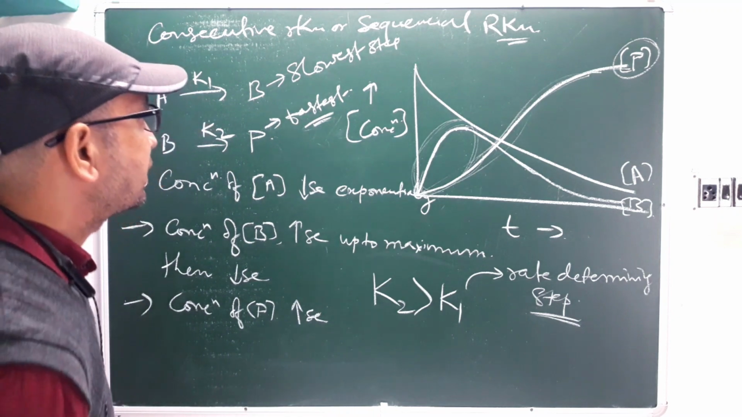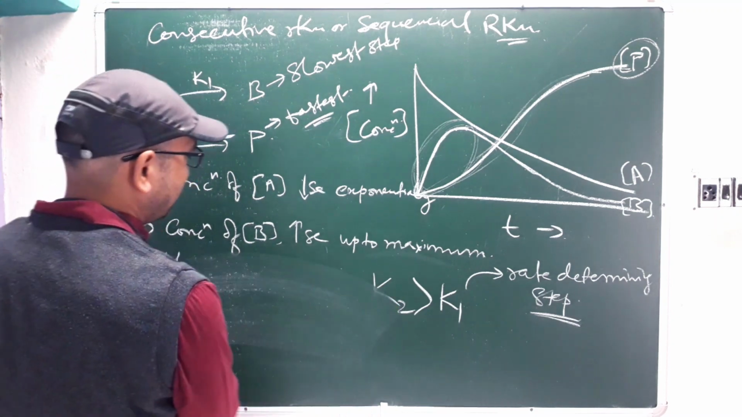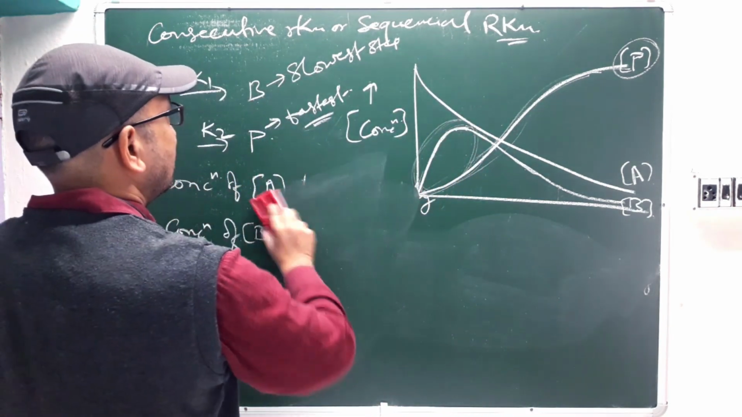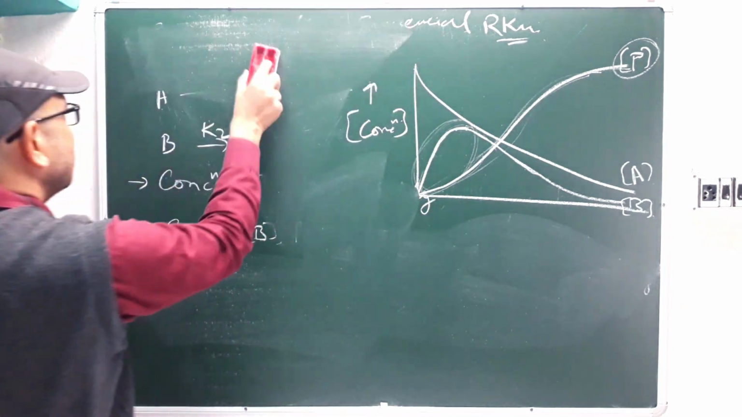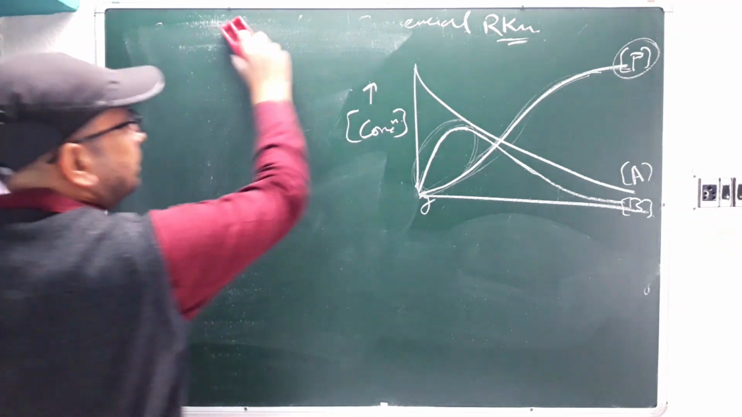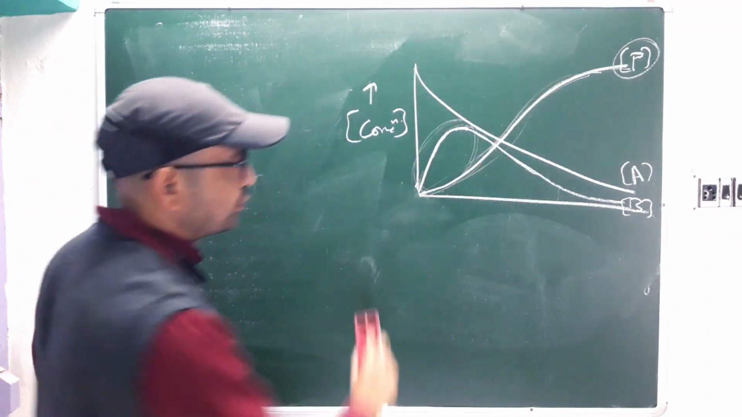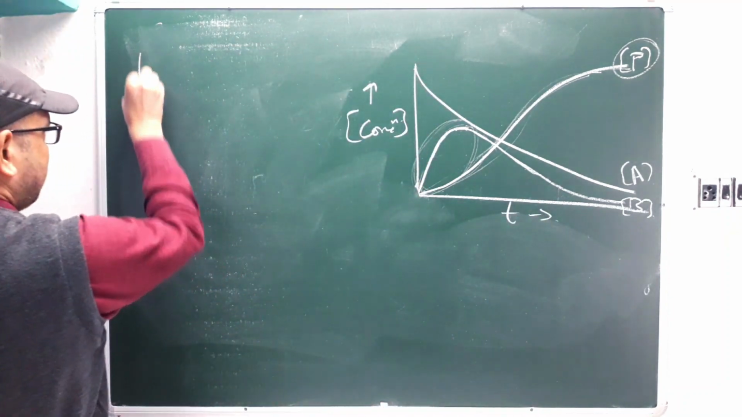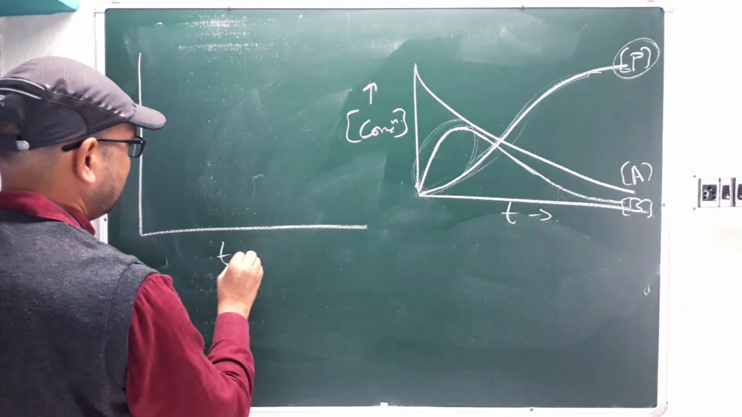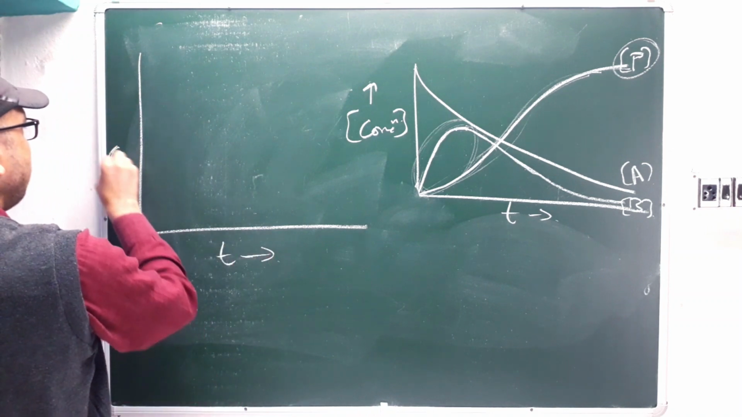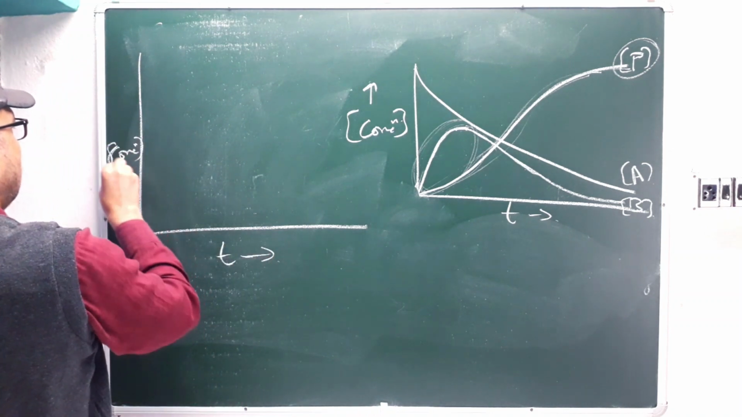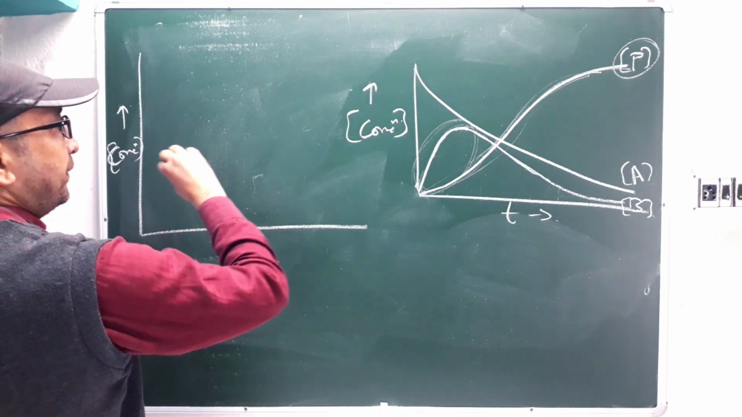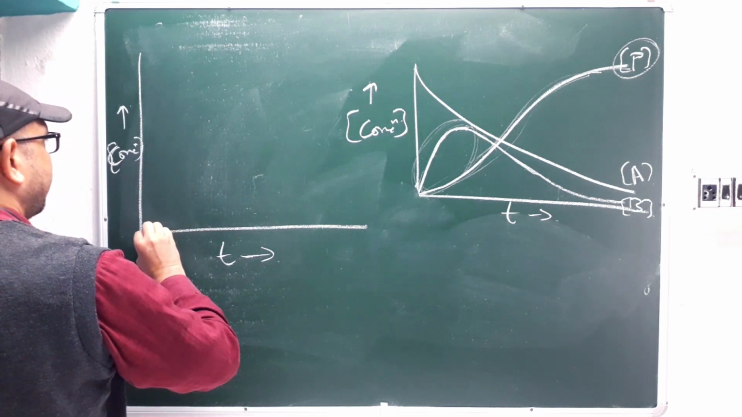One more graph I'll draw here itself, so it will be easy for you to find out which rate constant is faster and which one is slower. So this will be time. I'm putting one more graph here. This is temperature, time, and this is concentration, correct? So how will this graph work? This will be like